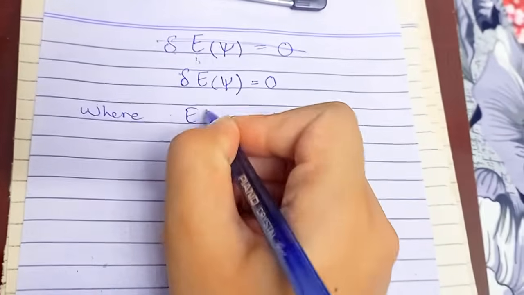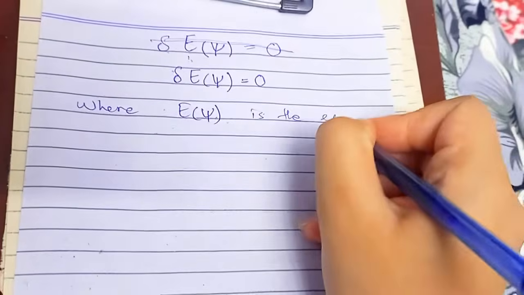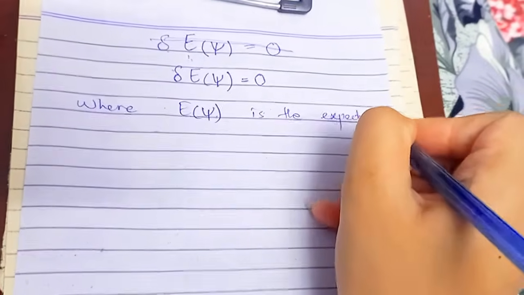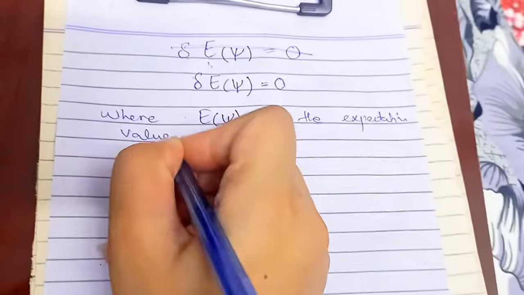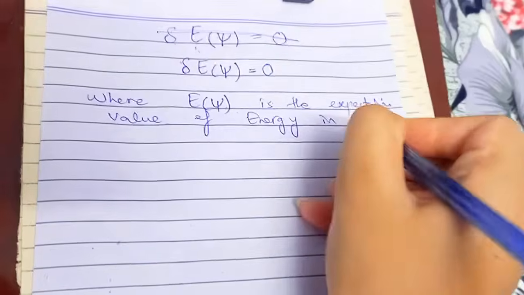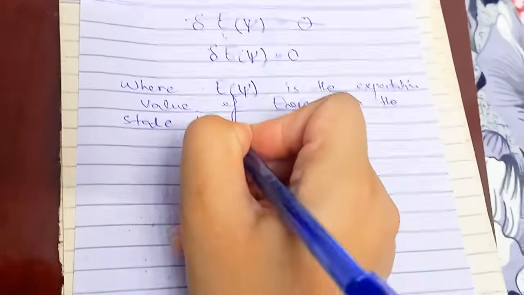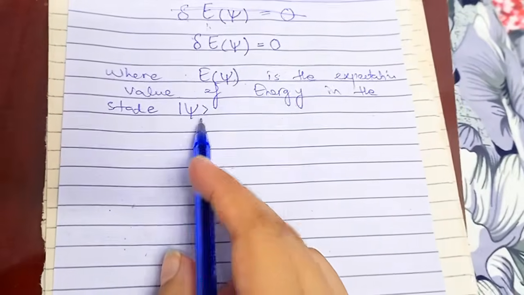E is the expectation energy for state psi. It's the expectation value of energy in the state psi. We are writing it in ket form,